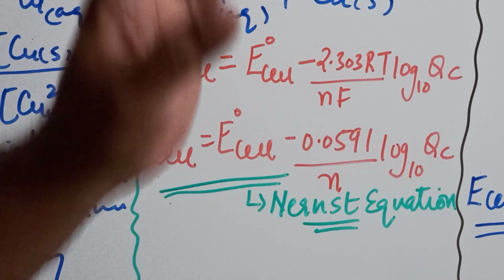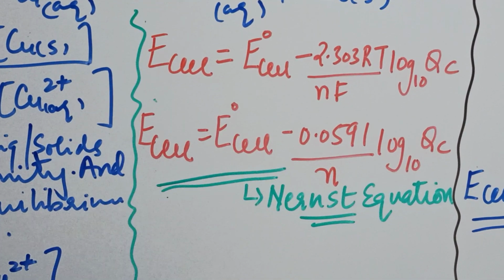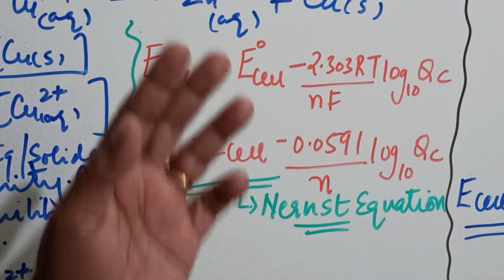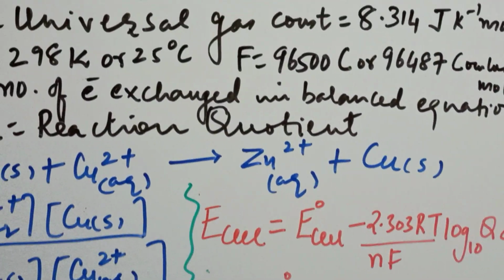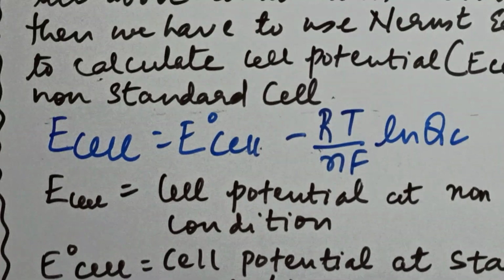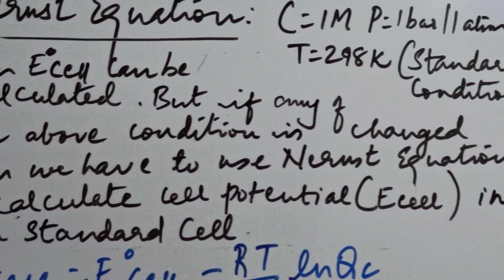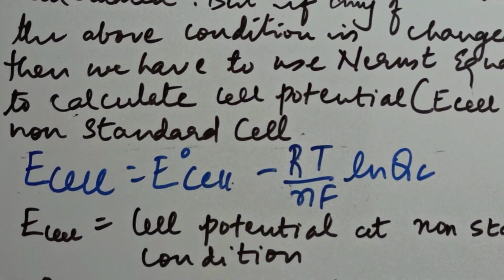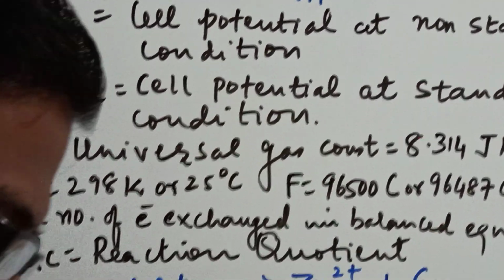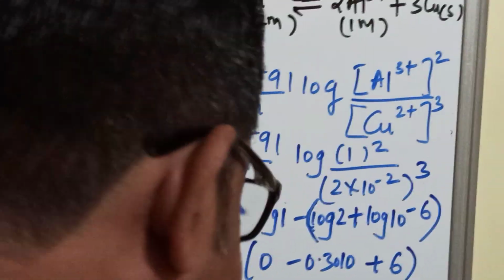Now let us go for a calculation. We have an example based on the Nernst equation. Let us try to see. It's a beautiful example. I have gone through various other examples, but this is one of the best that I have got to share with you. So let me discuss an example which is based on the Nernst equation. Please come to this part.